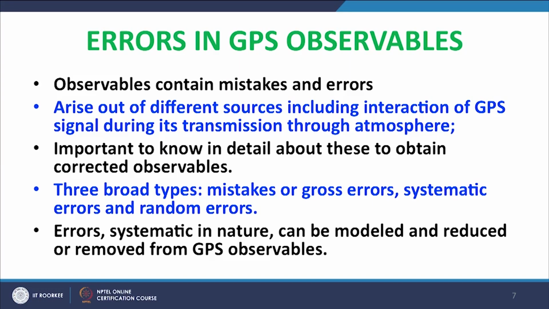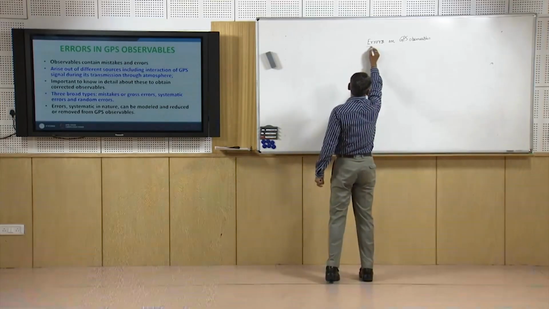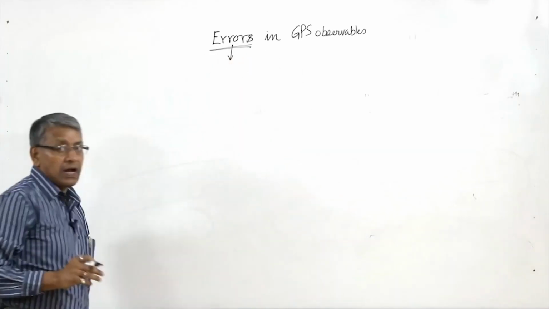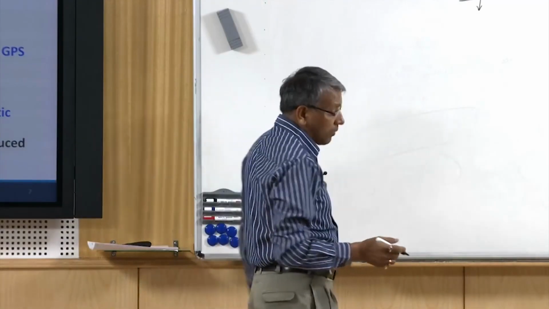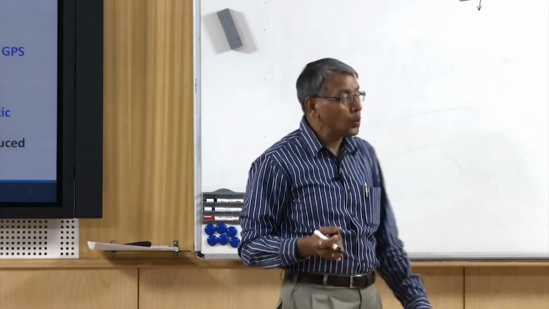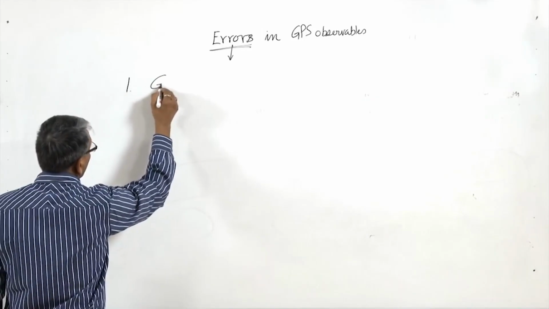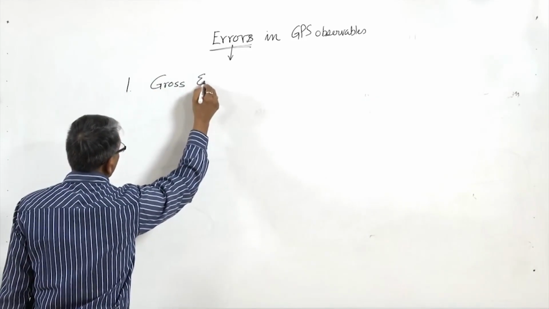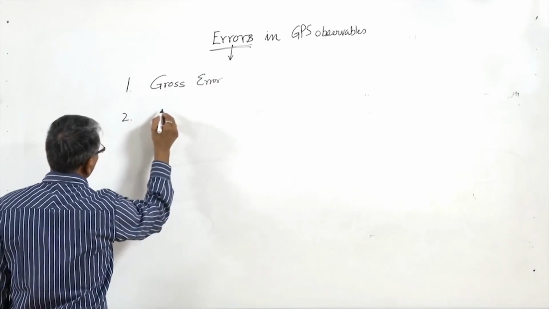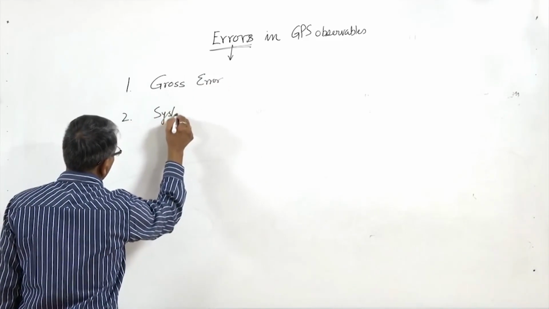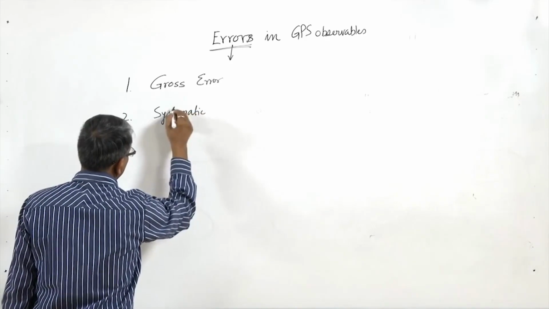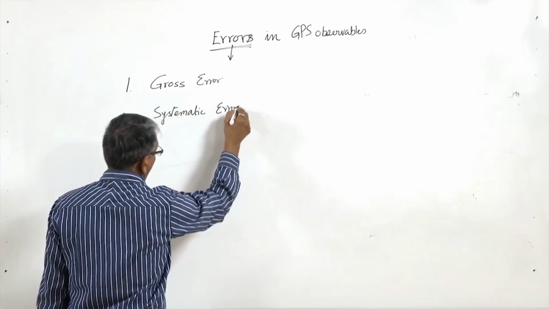So I will now discuss errors in GPS observables. The errors in GPS observables arise out of defined sources, defined reasons. However, from the nature of the errors, we classify the errors under 3 categories. Number 1, gross error. Number 2, systematic error. And number 3,